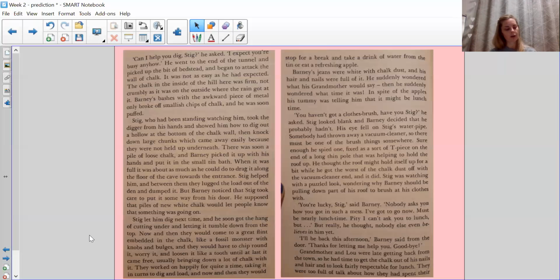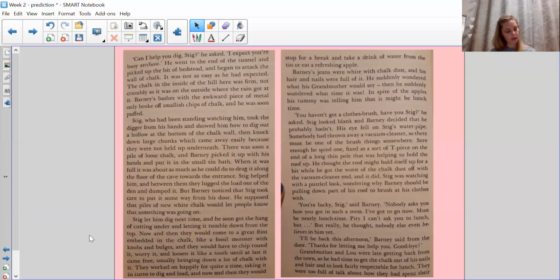"Nobody asks you how you got in such a mess. I've got to go now. Must be nearly lunchtime. Pity I can't ask you to lunch, but really," he thought, "nobody else even believes in him yet." "I'll be back this afternoon," Barney said from the door. "Thanks for letting me help you. Goodbye." Grandmother and Lou were late getting back from the town,